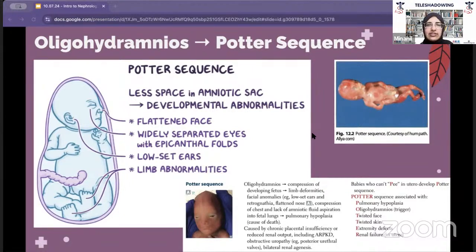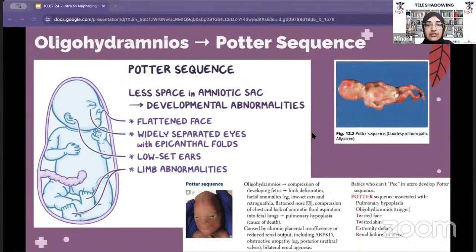And it's actually named after Dr. Edith Potter, who first described these features. It's important to note that Potter sequence can also result from other conditions that lead to oligohydramnios, not just bilateral renal agenesis. There are other ways as well. So, unilateral renal agenesis generally allows for normal life, but it does sometimes require monitoring of the single kidney for potential long-term issues. But bilateral renal agenesis, on the other hand,